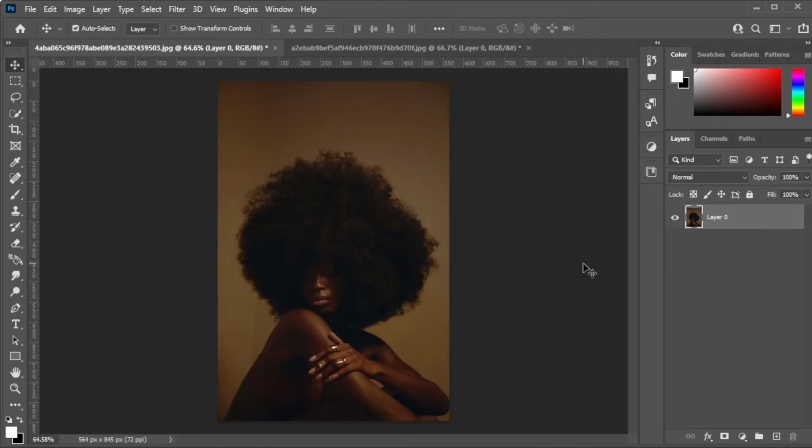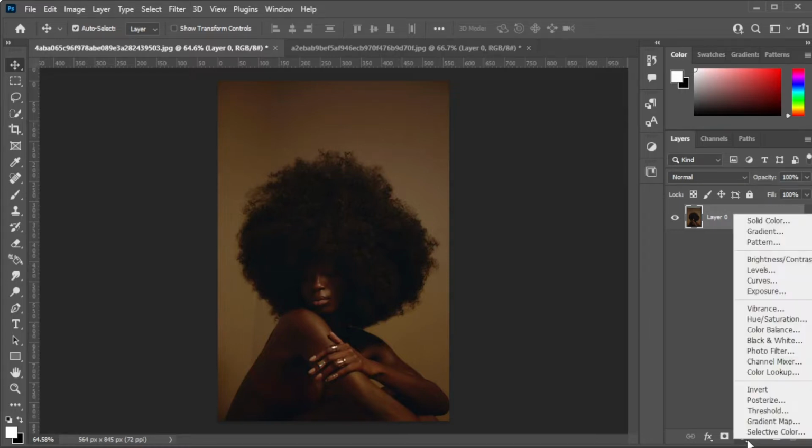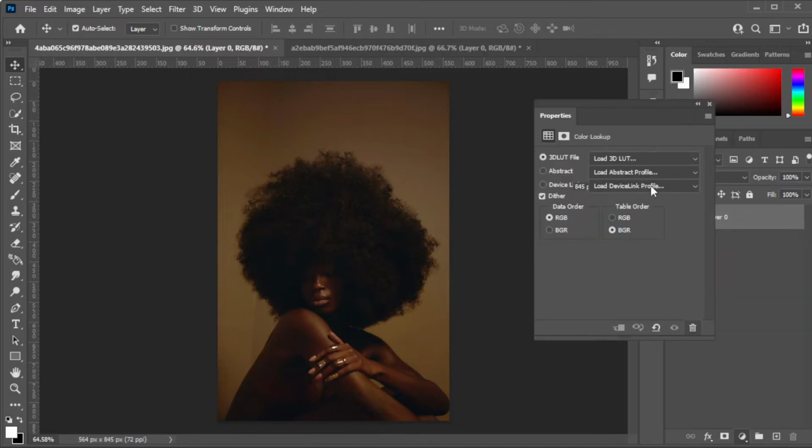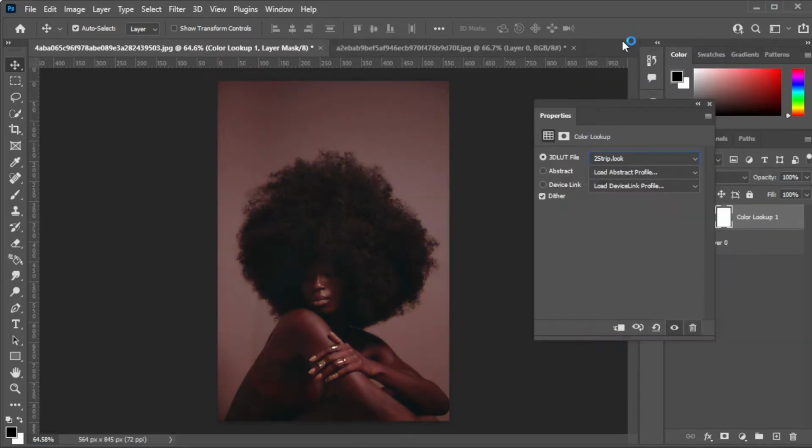First, open the image that you would like to edit. Now, at the bottom of the Layers panel, create a new fill or adjustment layer and select Color Lookup. Here, select a filter that you would like to put onto your image, and once you're satisfied, open the image